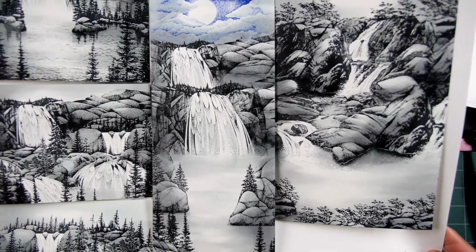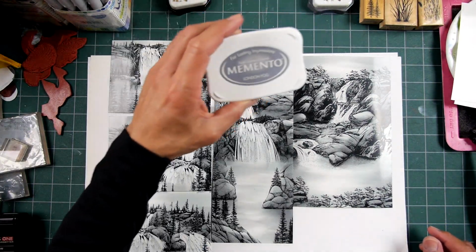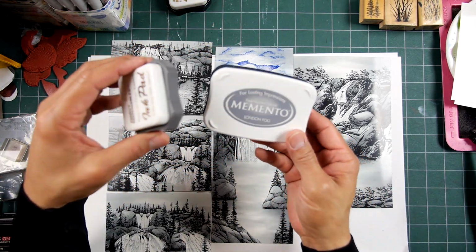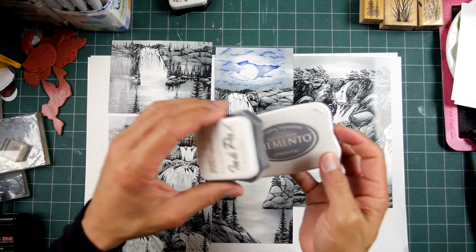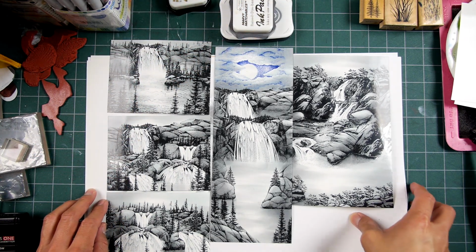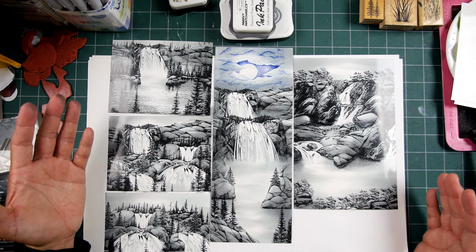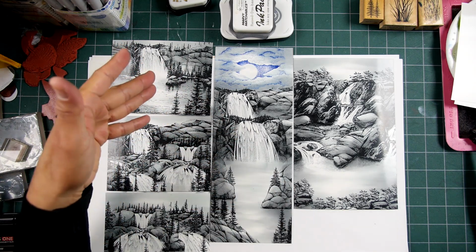Now I just happen to color them with 2 different shades of gray, a Memento London Fog and a Marvy just gray. This one represents probably a 15% gray, and this one I'm guessing is like a 20-25% gray. And maybe it's a little bit darker, maybe like a 30% or 40% gray as I got into it. But what I've done in these 5 scenes in this video is I've established the lighting within here,